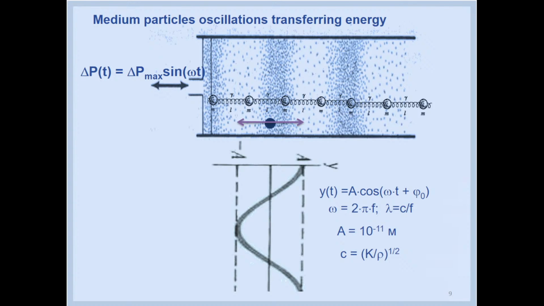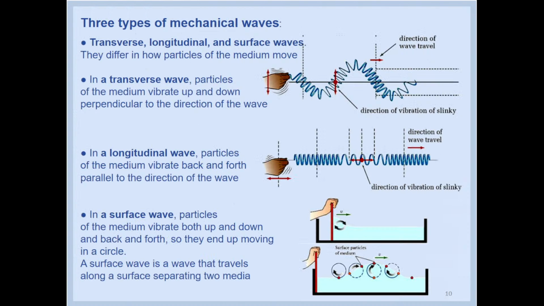So this is just a definition, an explanation of that physics phenomenon. And look, we can separate mechanical waves into three categories, three kinds, three types: transverse, longitudinal, and surface waves. The criteria for this is the relative directions of the wave propagation and the direction of the vibration of